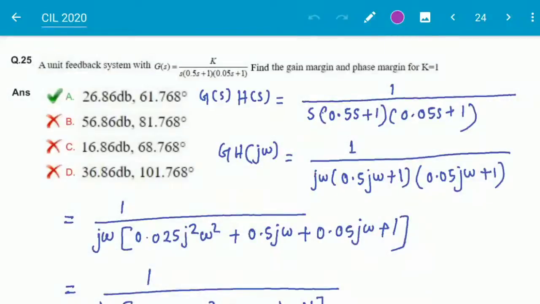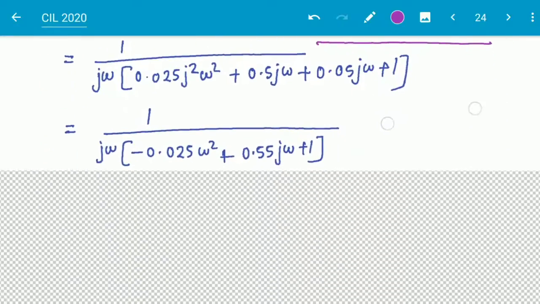Next question: a unit feedback system with G(s) equal to K by s whole into 0.5s plus 1 whole into 0.05s plus 1. Find the gain margin and phase margin for K equal to 1. For K equal to 1, G(s)H(s) for H(s) equal to 1 is given by 1 by this much. The denominator will be the same, and if we put j omega in place of s, then the whole term will be this one, and if we solve it then we get